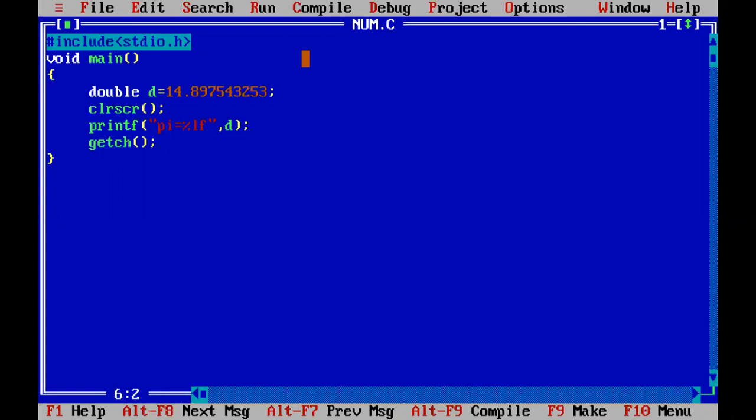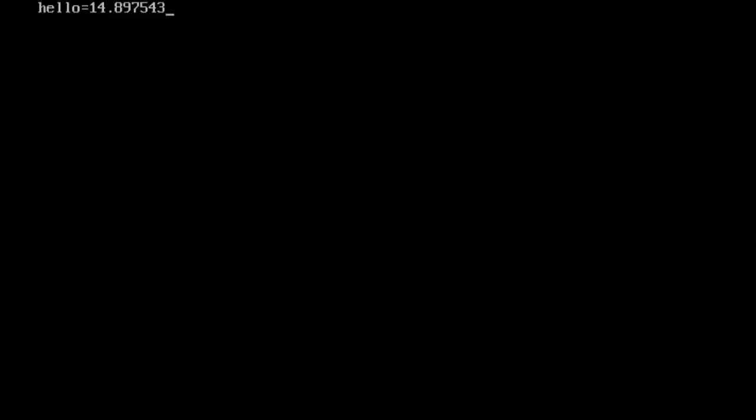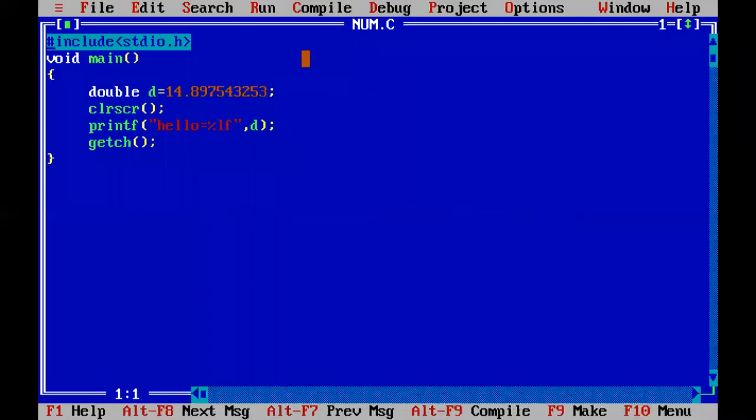Suppose here I am printing the hello is equal to, which will print as it is on the screen. Okay, save, run. It will print hello is equal to 14 dash dash dash dash. Means डबल कोट्स मध्ये तुम्ही काहीही स्पेसिफाय केलं तर ते ॲज इट इज प्रिंट होईल. फक्त फॉर्मॅट स्पेसिफायर जर यूज केले तर त्याच्या जागेवर तुमचे व्हॅल्यूज प्रिंट होतील.